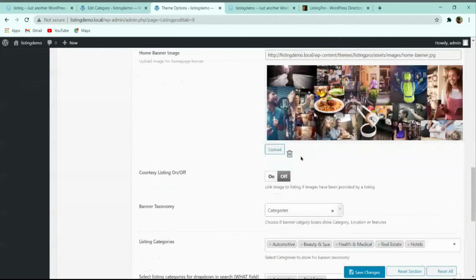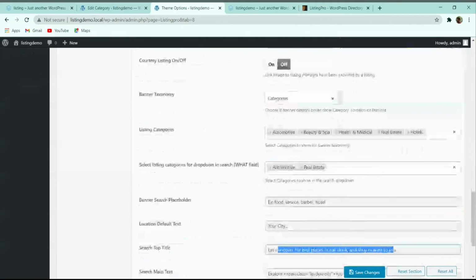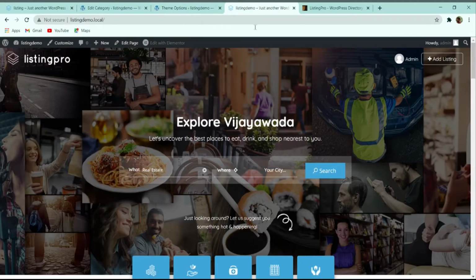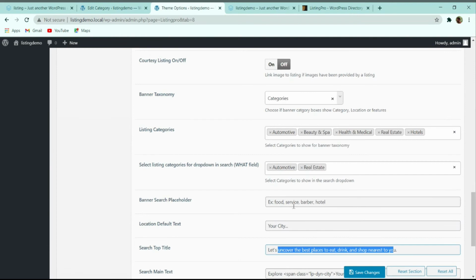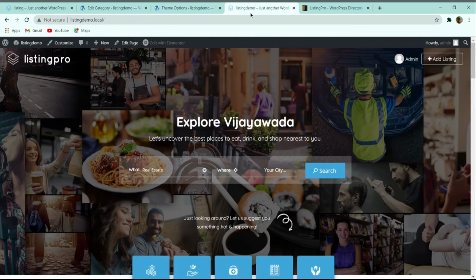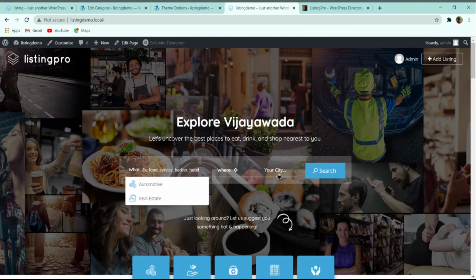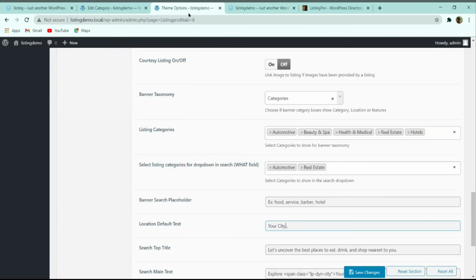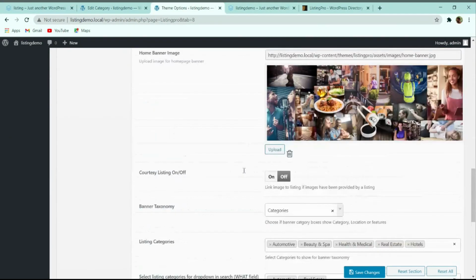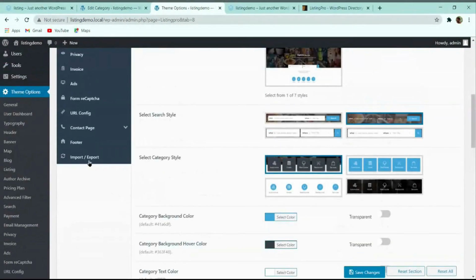All the text which you want to change, you can change from here. Here you can see the banner search placeholder. In this placeholder example, food service, banner, hotel, you can select an example, and if you want to change your city, you can change this placeholder also. With this, now let me click on save changes. I think everything is looking good.